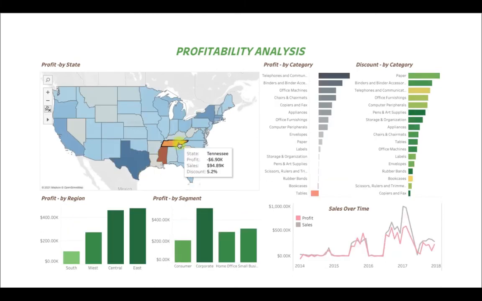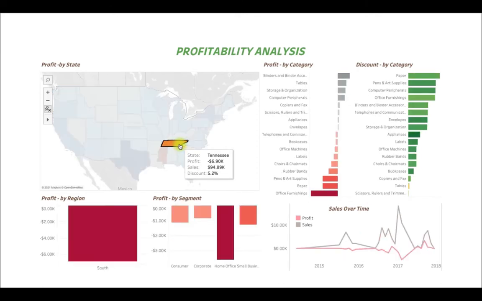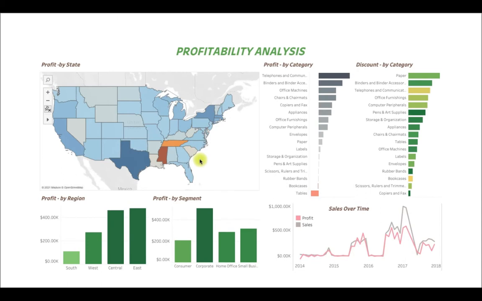Like another one is this. So here also we see a good amount of loss. So let's click here and see, this is the biggest segment, right? Home office, which is driving the loss in this state. These are the loss making categories over here. Maybe I can go on field team, what's happening, why are these categories making loss, why is this particular segment making loss, right? So these are just a few insights which we can quickly derive with the help of action filters.